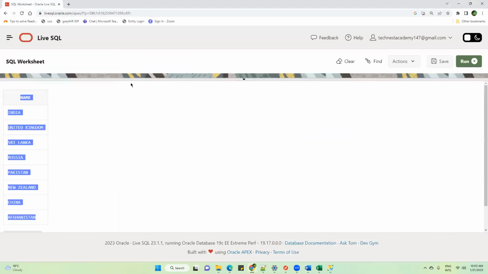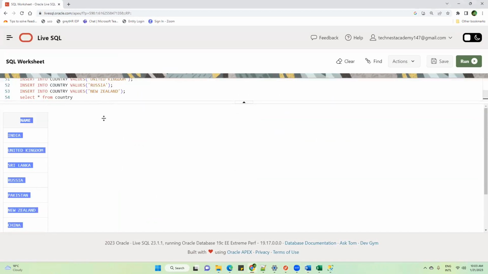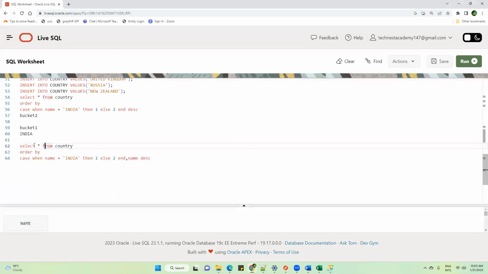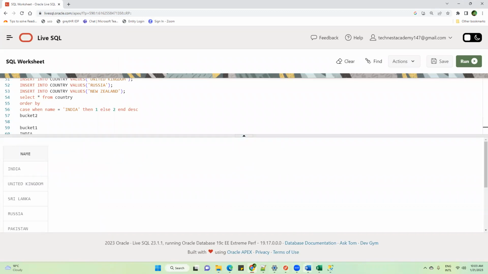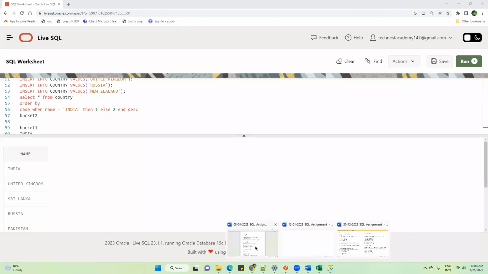You can see this query which I have written. I can write this query in uppercase or lowercase. You see the select I have written in lowercase. If I write it in uppercase, even then it will work. Let me show you this. Even then you're getting this output, correct? Hope it is clear.